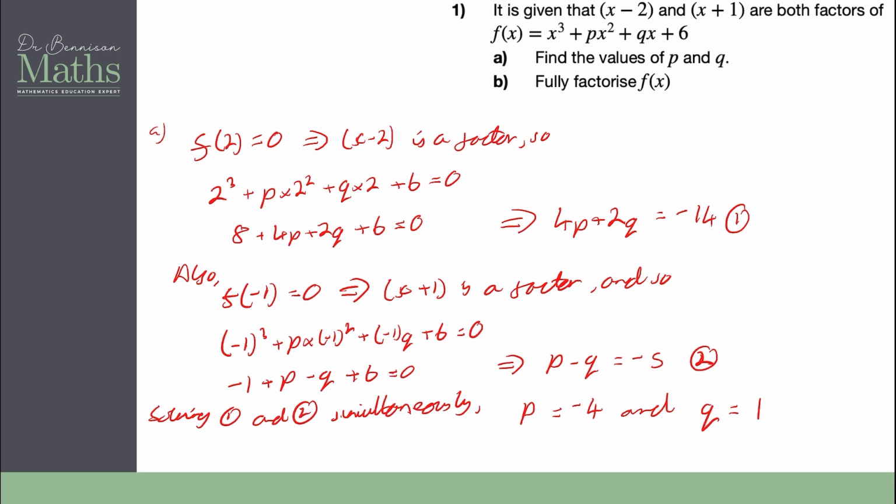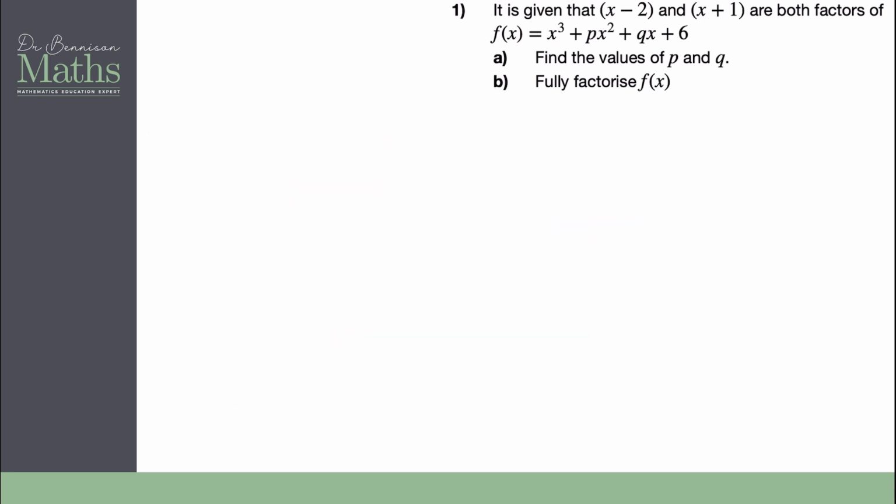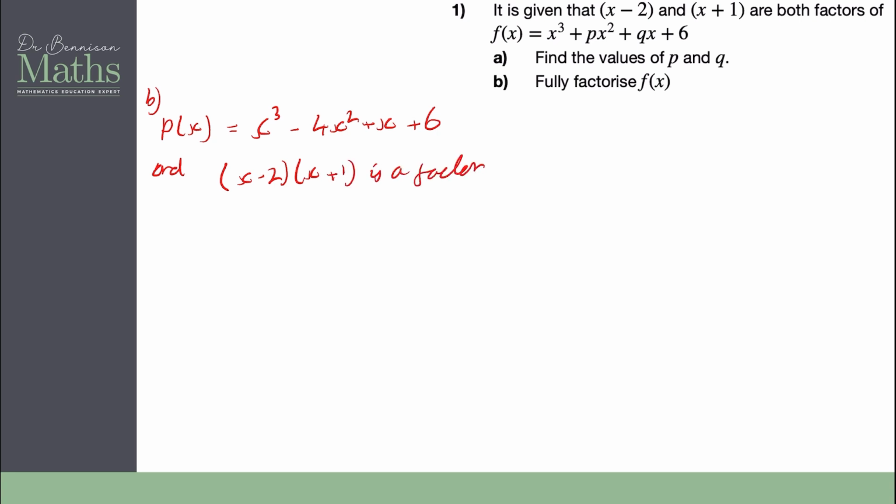So I'm going to use that to factorise fully in part B. So from part A, p of x was x cubed minus 4x squared plus x plus 6. And we know that x minus 2 times x plus 1 is a factor. i.e., if I just expand that, x cubed minus 4x squared plus x plus 6 is going to be